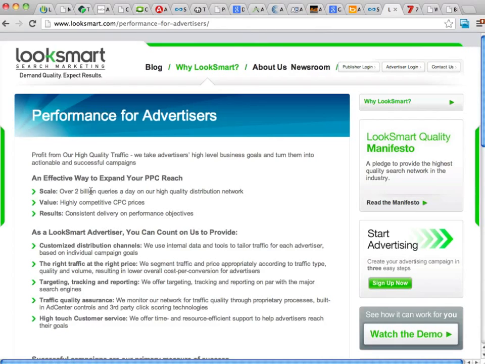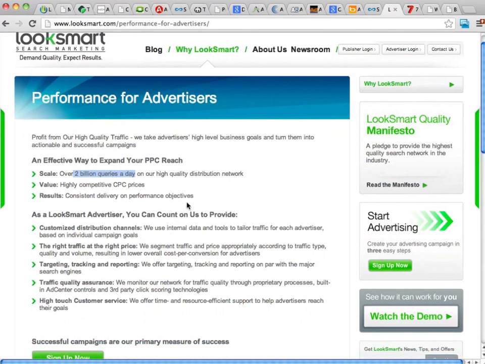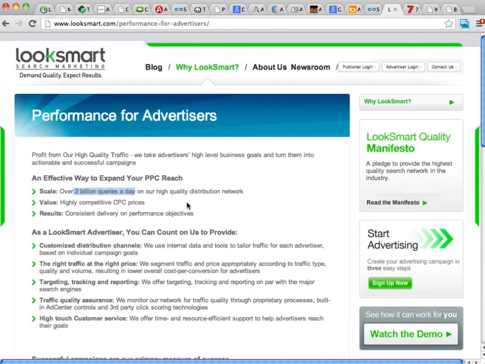You can see they have over 2 billion queries a day, so they're going to have enough traffic to get you going. They have good CPC prices, they allow all kinds of third-party tracking, and they have some good technology. A lot of people really do like the LookSmart platform. They're definitely not as big as the bigger PPC advertising platforms, though. So that's something to keep in mind.